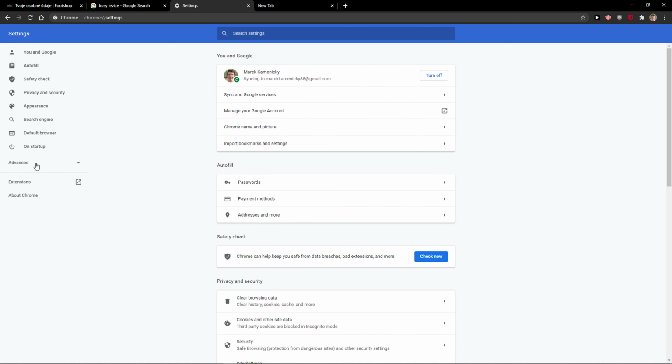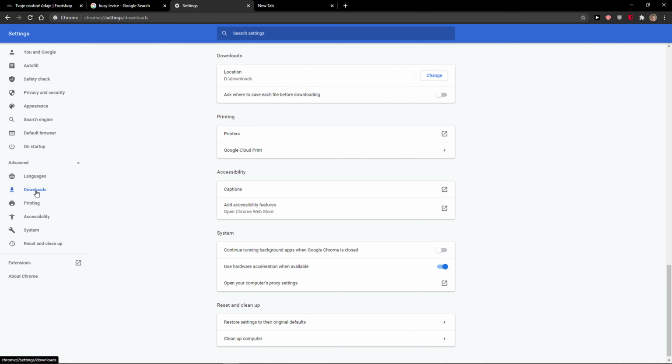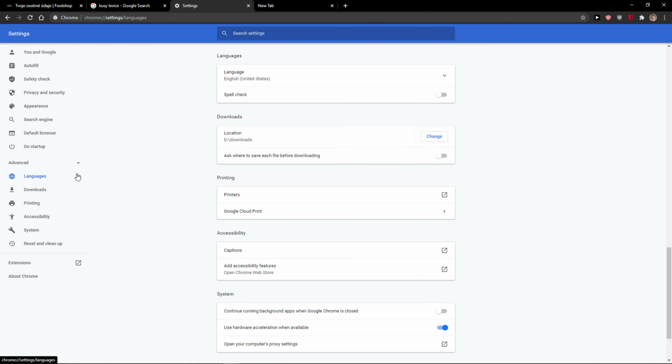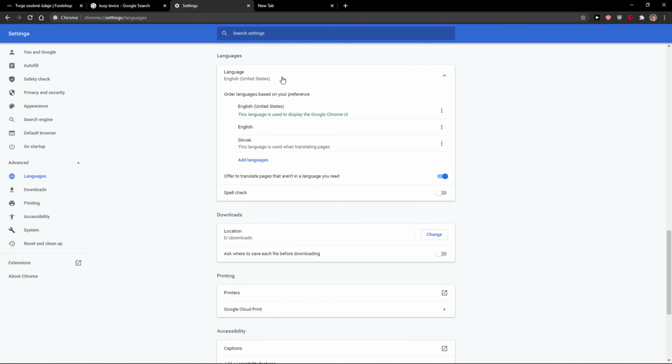When you're here, you want to click on advanced, and here you just want to click on downloads and language, click on language. And here you're going to see language, and you want to simply click here and just change this language to a different one,